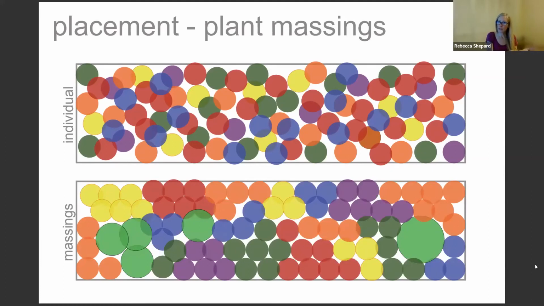So we're going to have some here, clump here, clump here, clump here, clump here, like that. And that is going to help your eye move from place to place. There's enough of a massing for you to understand and move through that landscape. And it's very cohesive. Where above in this individual, this is also a style of gardening and there's nothing wrong